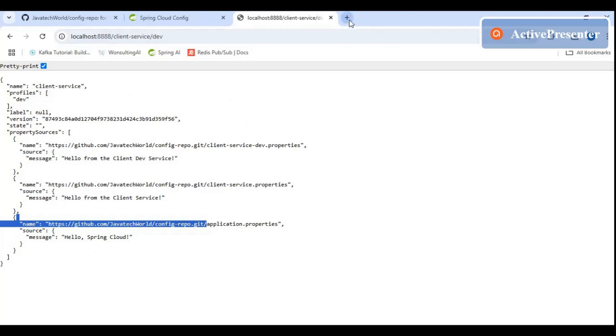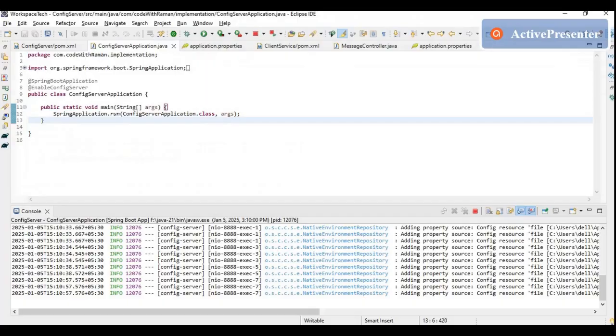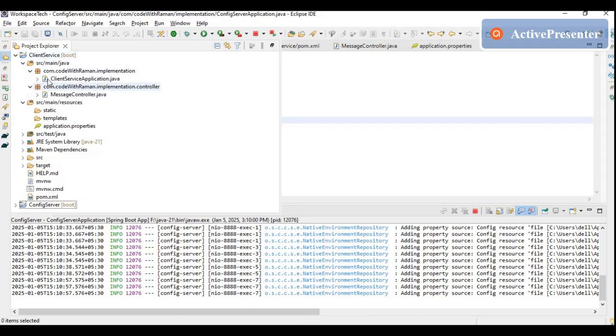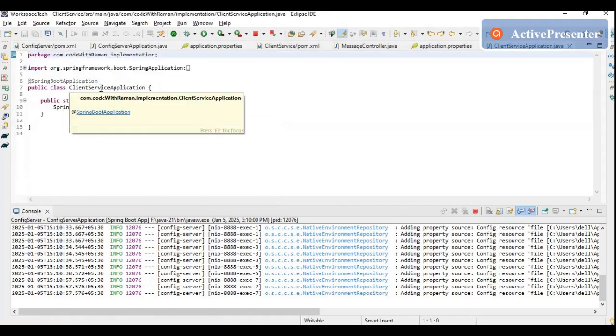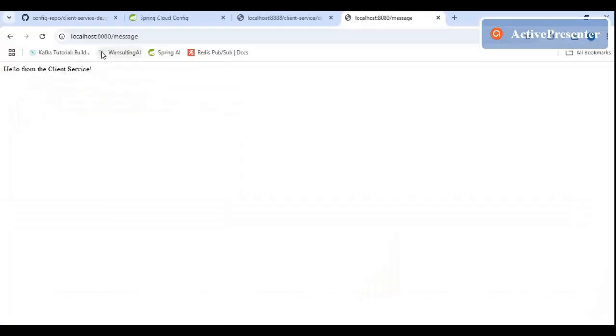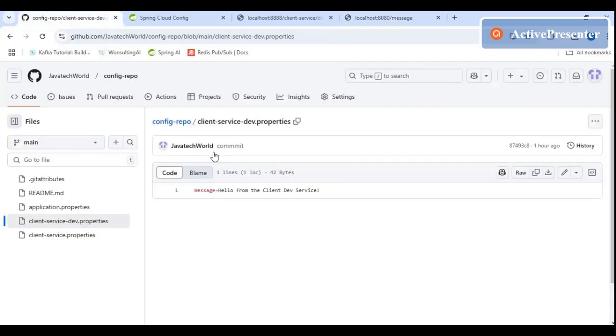So now I need to test the client application. Let me go to the main class and run the application. You can see that when I run my application, it says hello from the client service. So it is picking the message from the client service, but my active profile is dev, so it should pick it from dev.